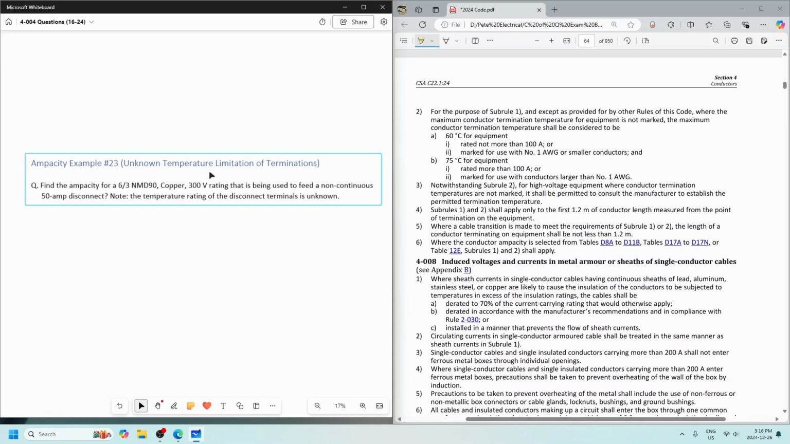This one we've got unknown temperature limitations on the terminations. So now we're looking at finding the ampacity for a 6.3 NMD90 copper 300 volt rating that's being used to feed a non-continuous 50 amp disconnect. Note the temperature rating of the disconnect terminals is unknown. So we're at 50 amps. The temperature rating of the disconnect terminals is unknown. So now we're at